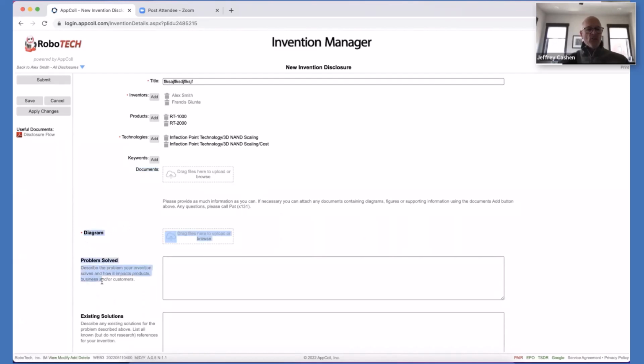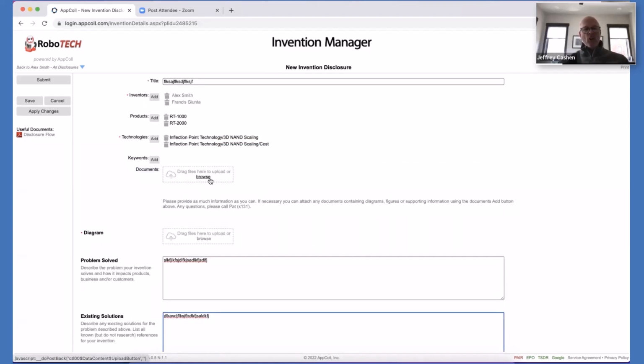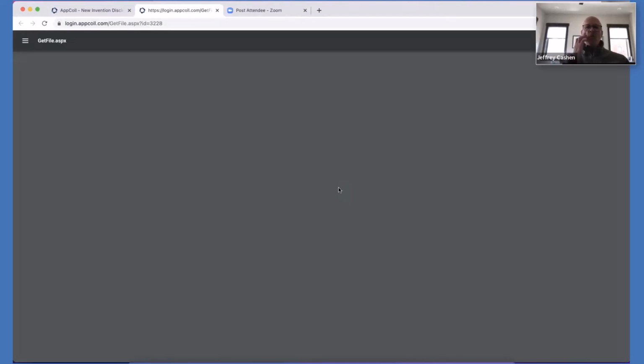And then this is what you've asked the inventors to fill in. You said, tell me the problem solved. So they're going to type that in. You said, the next thing I want you to tell me is the existing solution. Do you know of any? They're going to fill that in, and so on. When they finish filling in your form, this is your form. When they finish it, they're going to click the submit button, and that's where it goes into your internal review